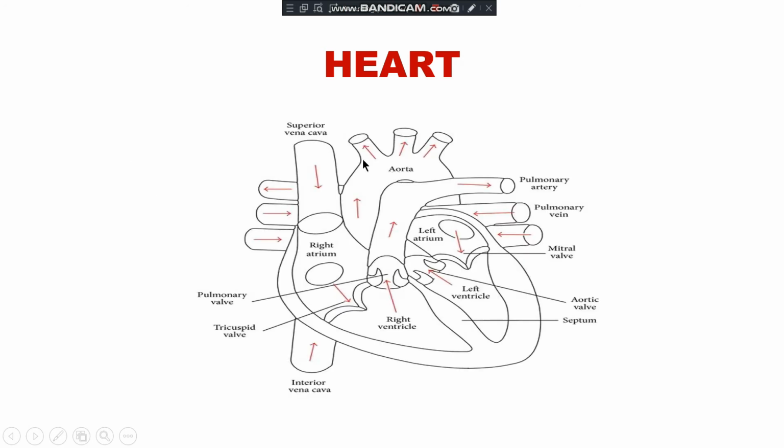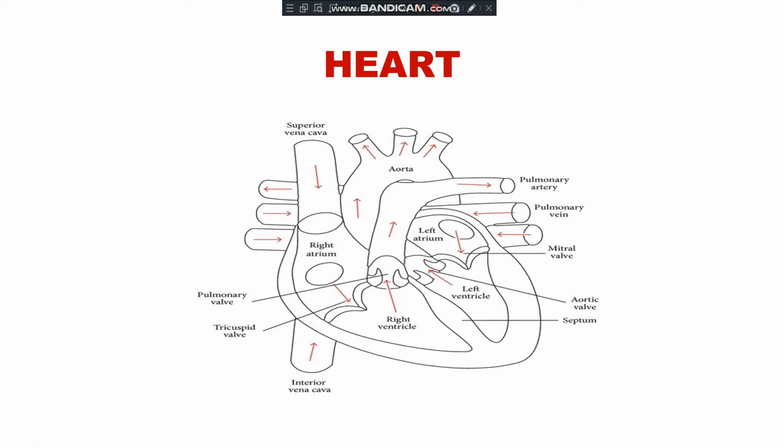So I hope, students, you understood the structure of the heart as well as how the circulation of blood takes place. Clear? One more important question is coming over here: you can see in the human heart the blood is coming twice. One from all the parts of the body to the heart, then from the lungs again it is coming to the heart.